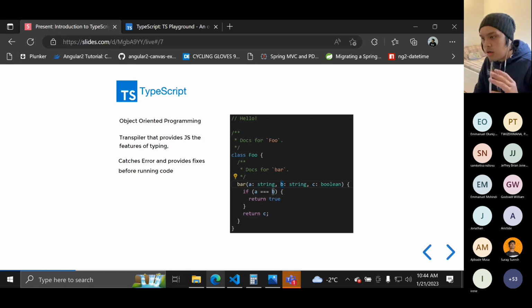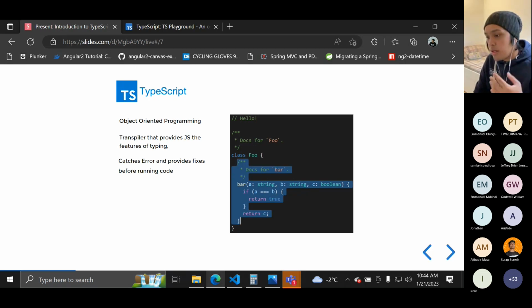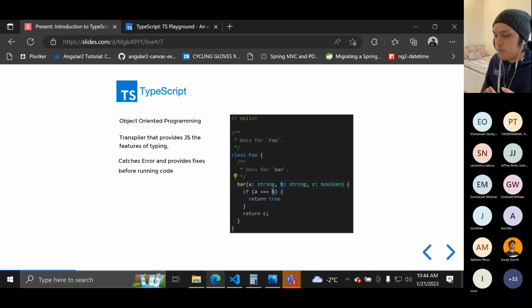So yeah, for a deeper description of what TypeScript is, as I have mentioned several times, it's object-oriented programming. In plain JavaScript, you are not using object-oriented programming. Sometimes if we have a complex application and we are just using vanilla JavaScript, it can really be a mess. All of your code is anywhere, all of your functions are found in different files. That's really a headache, a big issue when it comes to maintainability of the code.